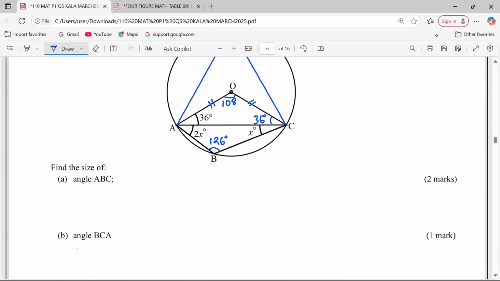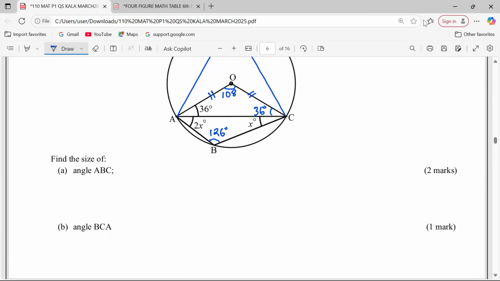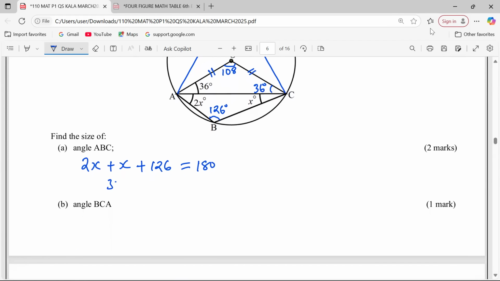Because now ABC is a triangle, when we take 2x plus x and we add 126, we are supposed to get 180 because it is inside a circle. So 3x equals to, we take 180 and we minus 126, whereby we are getting 54. So the value of x shall be